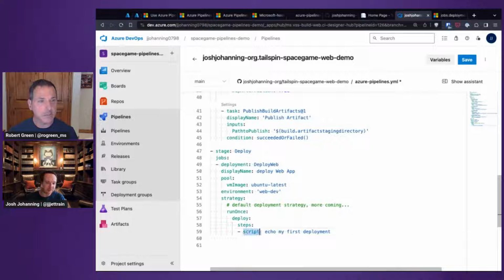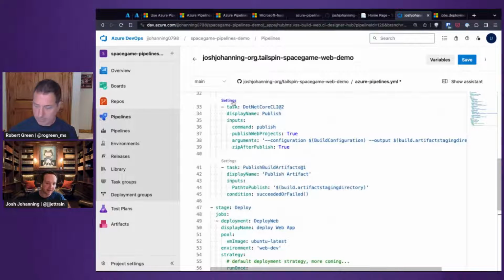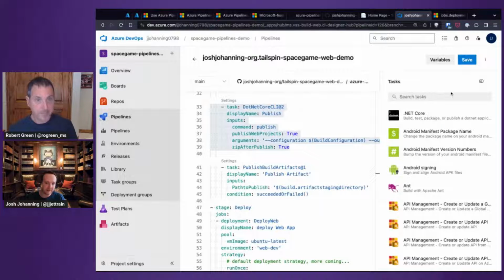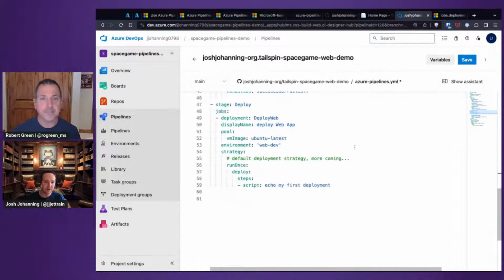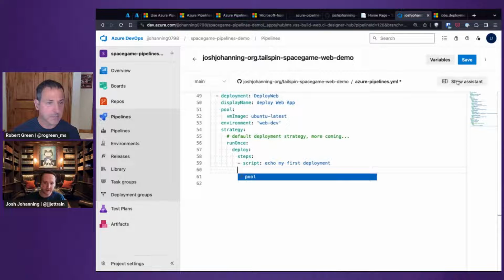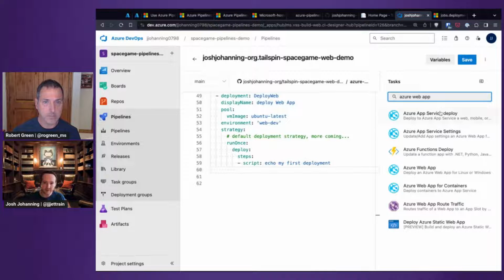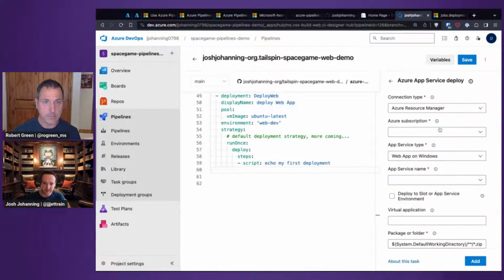So you see here I'm using a script action. You could use a script action instead of tasks. So task in the marketplace or the task list, great. Or if you know the command you want, you can run it with dash script. I had mentioned that before. All right, cool. So I know we want to add in our Azure Web App deployment. So Azure App Service deployment, cool. And let's just pick an